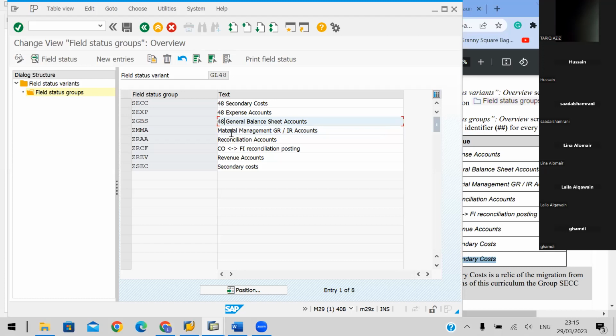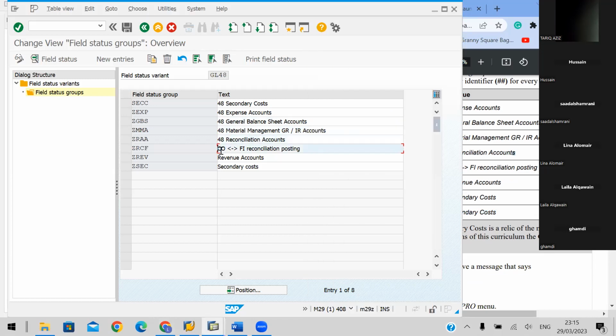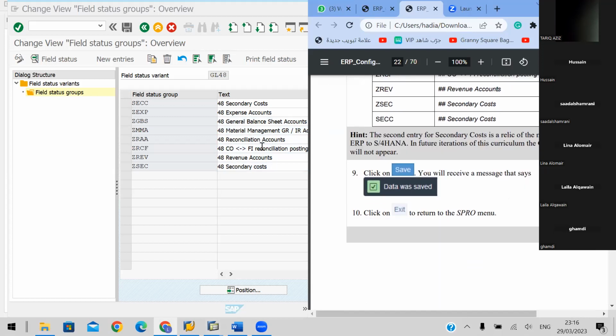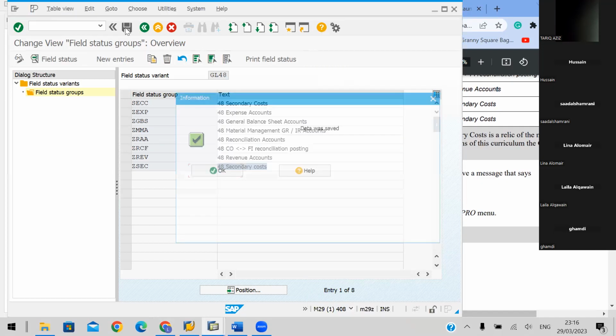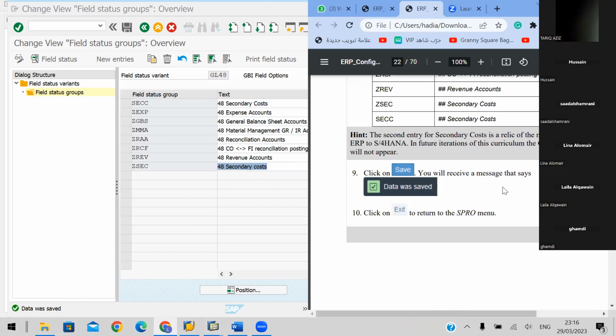Then we have 48 space. I paused, so 48 space. 48 space. Yeah, there you go. Can you see it? And now we have to click on the save. And we have to just go out of this place and then we can click on the